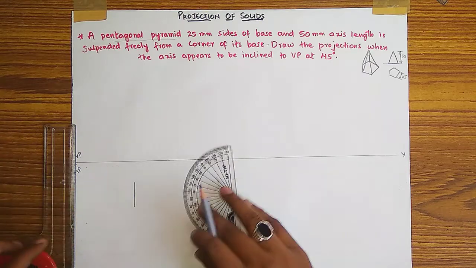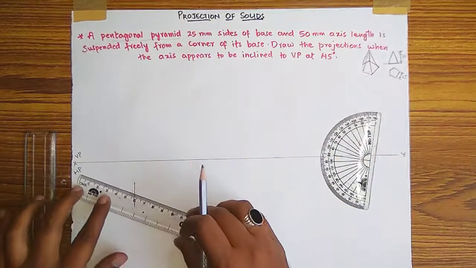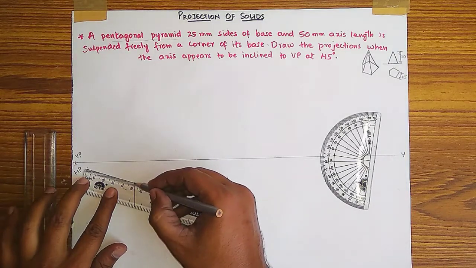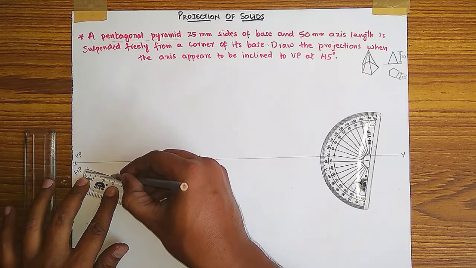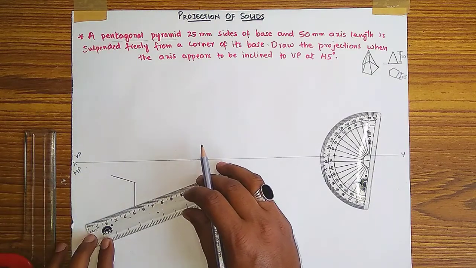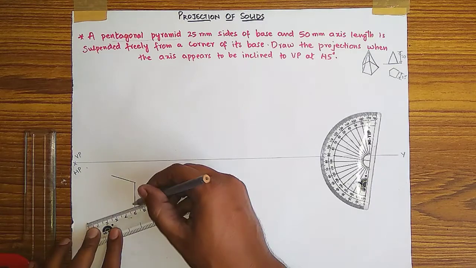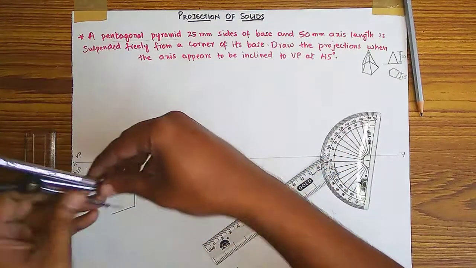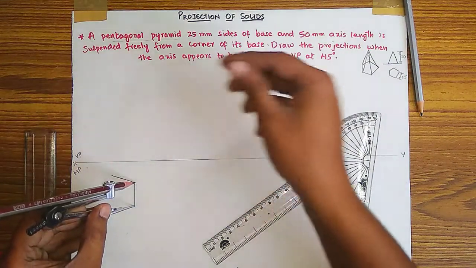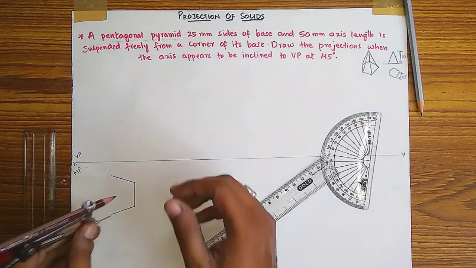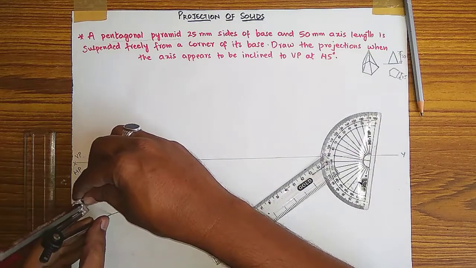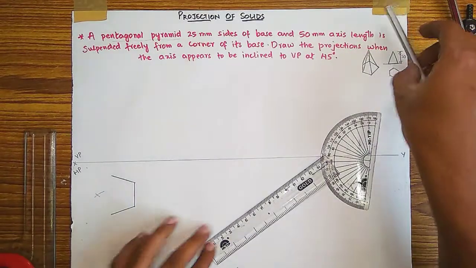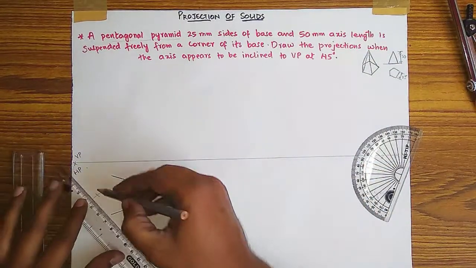From here also take 72 degrees, put a dot, and from that dot and your end, adjust your scale. How much is the side? 25 mm. So draw a 25 mm side, and from the other end the same process, 25 mm side. Then take your divider, measure this side exactly 25 mm on your divider, keep it on one end and put an arc, and on the other end put an arc. Your pentagon will be drawn like this.